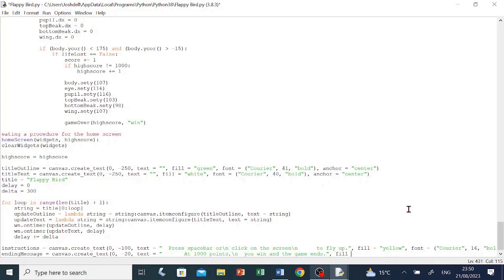fill = "blue", font = ("Courier", 12, "bold"),